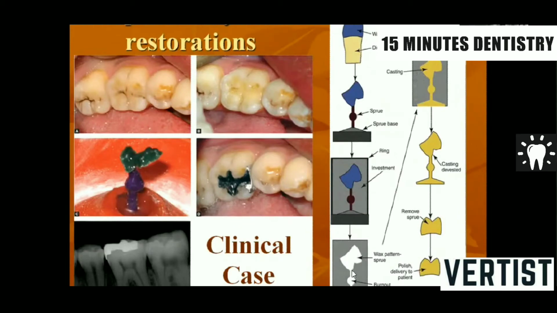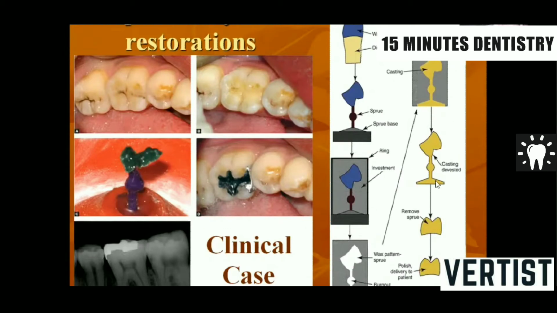After the mold is prepared, we introduce molten metal into this mold, which goes down here and starts solidifying. The reservoir's job is to keep supplying the metal as the metal solidifies and shrinks. This continuously supplies the metal, and the reservoir prevents localized shrinkage porosity. After the molten metal goes inside and forms a casting, it is quenched, meaning the very hot casting ring is immediately placed in room temperature water. The quenching leads to cracking of the investment material because of its high temperature, and we take out the casting.